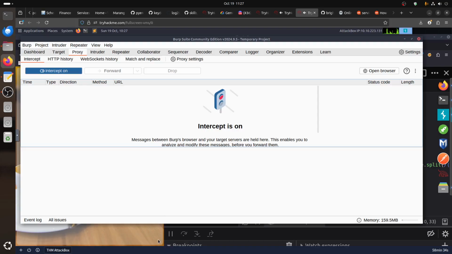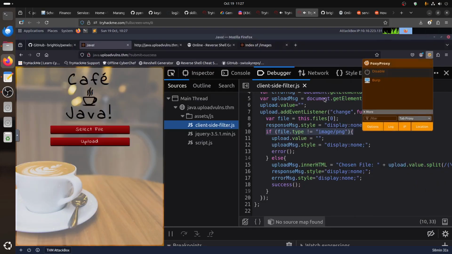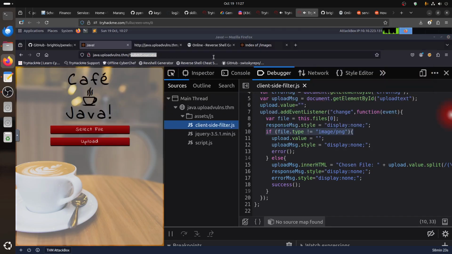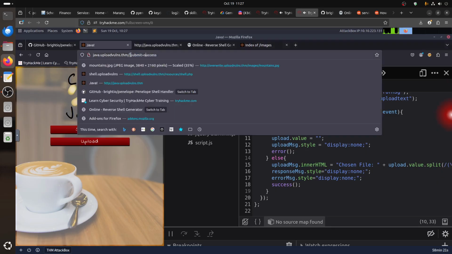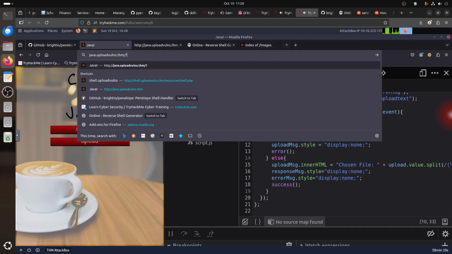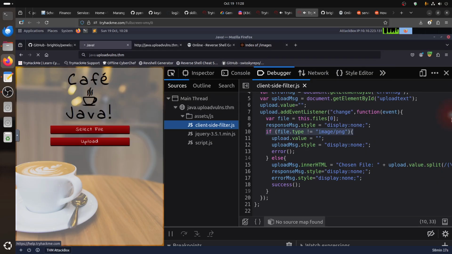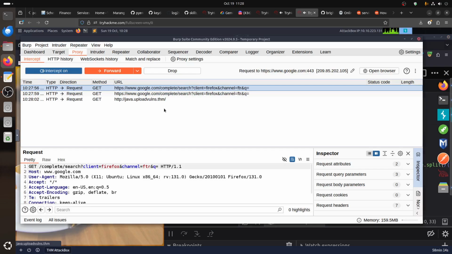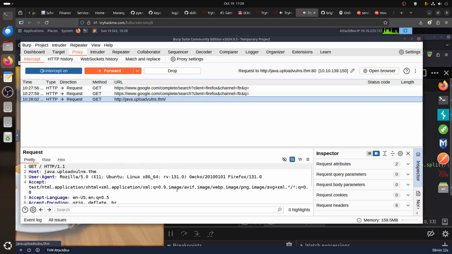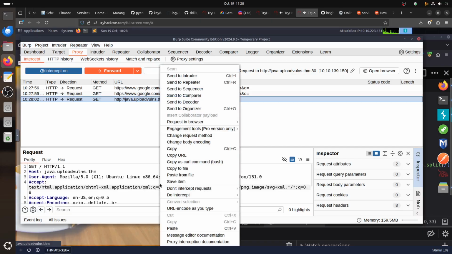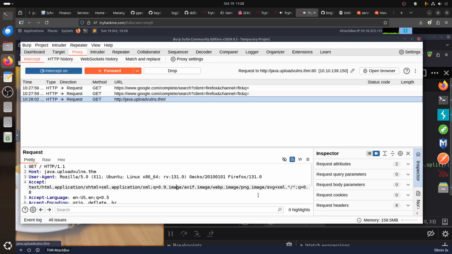Let's go back to our page. We can come here to Burp. Click Burp there. Let's refresh. Let's remove this page. Now we have the Burp here. So let's do, where is it? The JavaScript. You click here in this window, right click, and you say do intercept a response to this request. Now if I do forward,